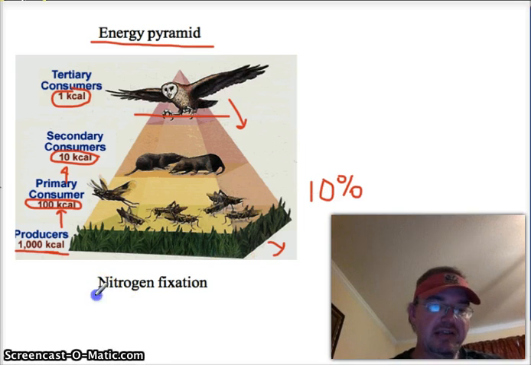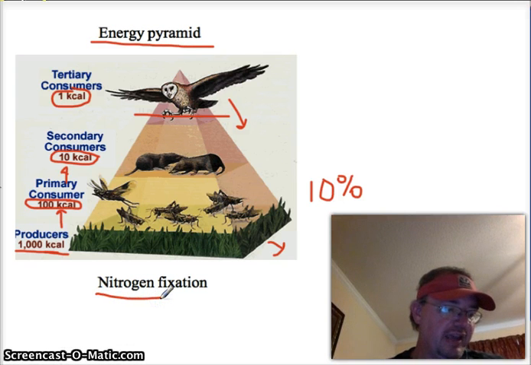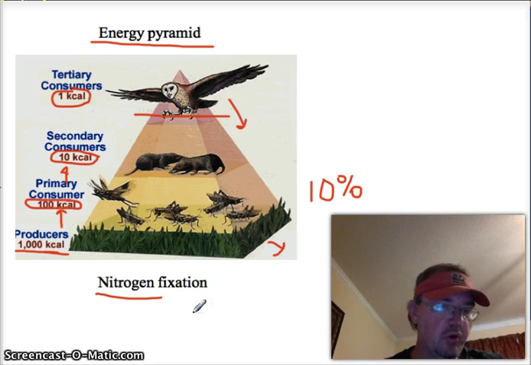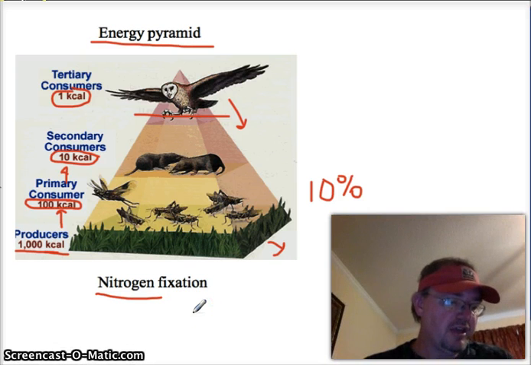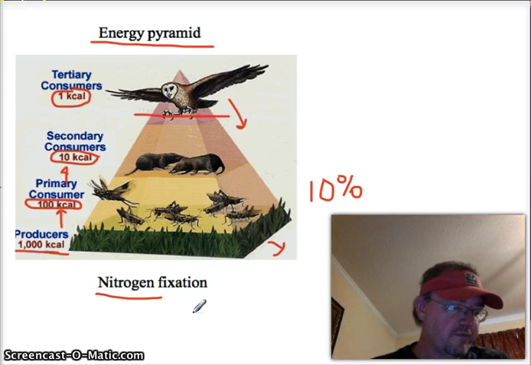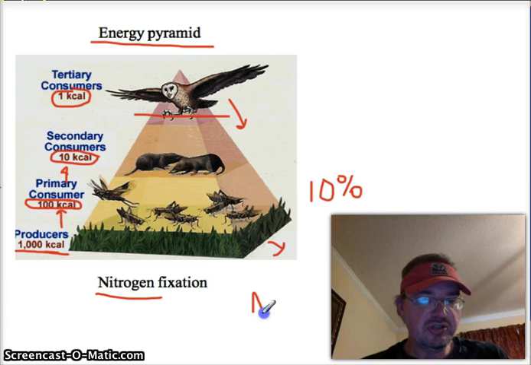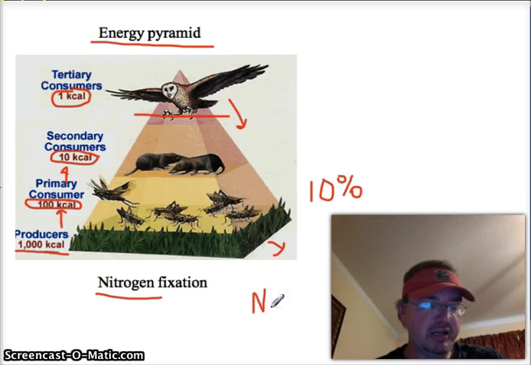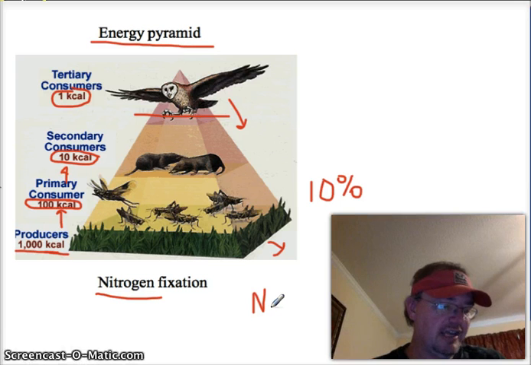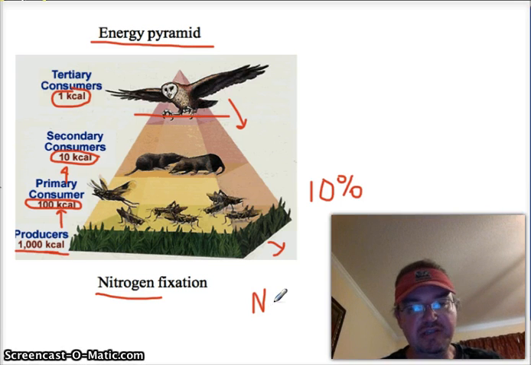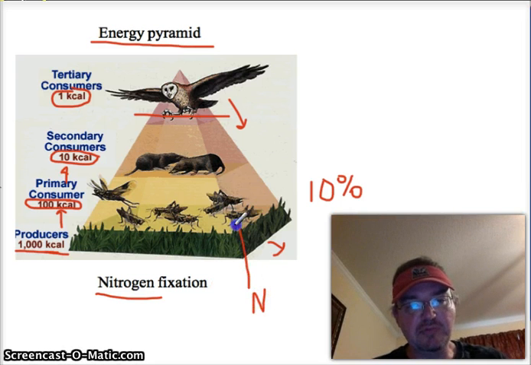Another thing we need to talk about is nitrogen. Just like you have an exchange of water, carbon dioxide, carbon, and oxygen, you have an exchange of nitrogen. I'm going to talk a little bit more about it because you probably remember the water cycle and oxygen cycle and so on from last year. But species also exchange nitrogen. Now, most organisms cannot use nitrogen in its natural state. On the periodic table, it's labeled as N. It has to be combined with something. Whenever nitrogen is combined with something, that's when animals can use it.